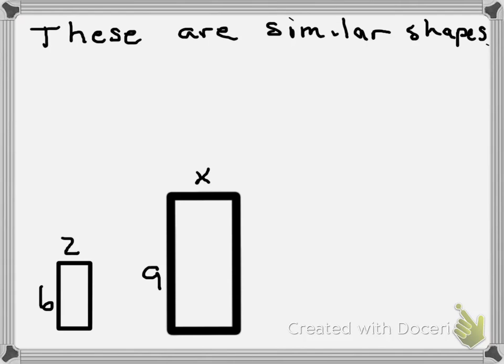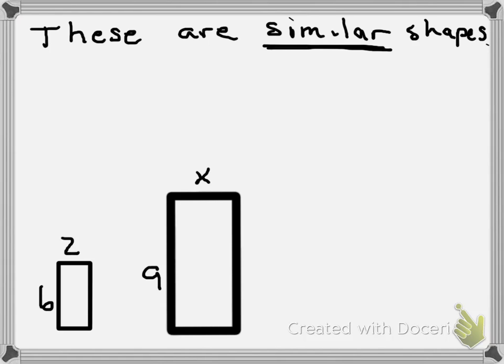Okay, now we're going to be using proportions to find missing sides of shapes. The key thing to pay attention to is if somebody tells you that shapes are similar, it means